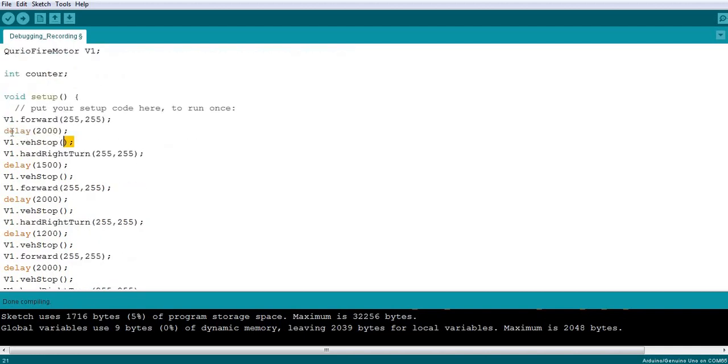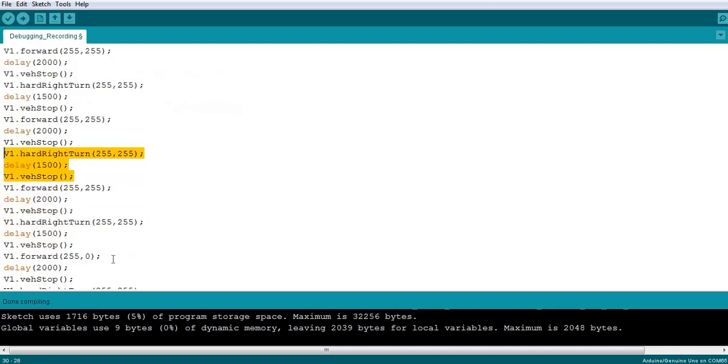Okay, so we go forward, we turn 90 degrees. Again for 2 seconds we go forward, we don't turn 90 here, we are using only 1200, it should be 1500. So now we turn right, which is correct. Again we go forward, we turn right. 3 times we have done, we need to do 4 times.